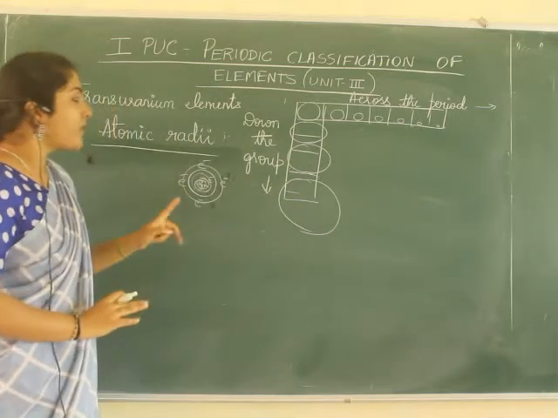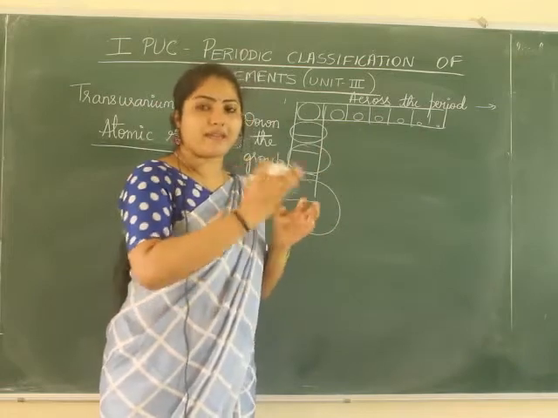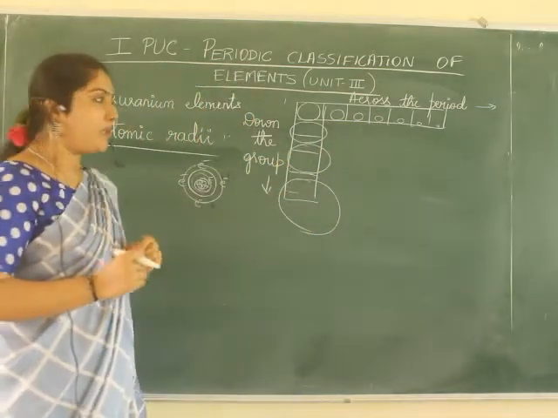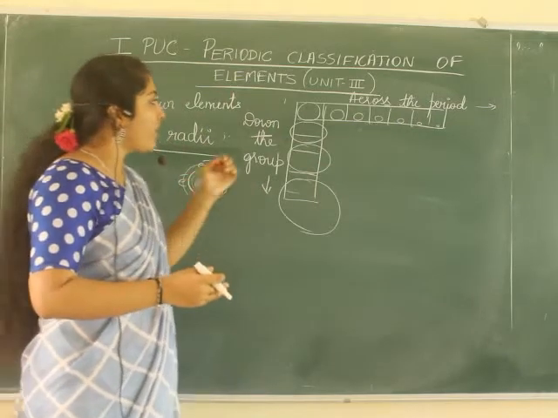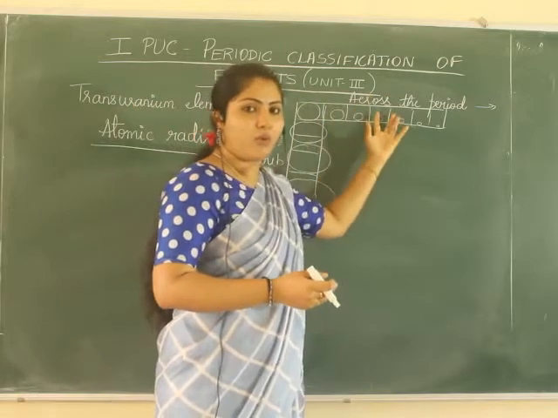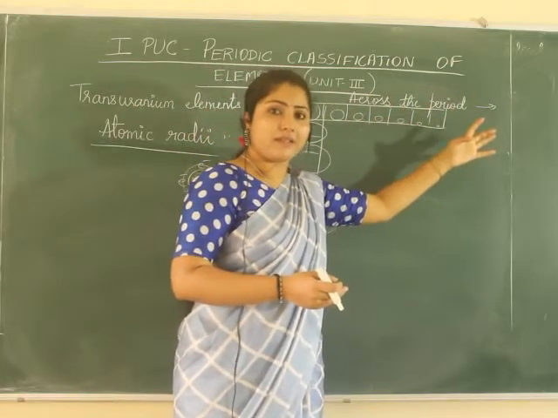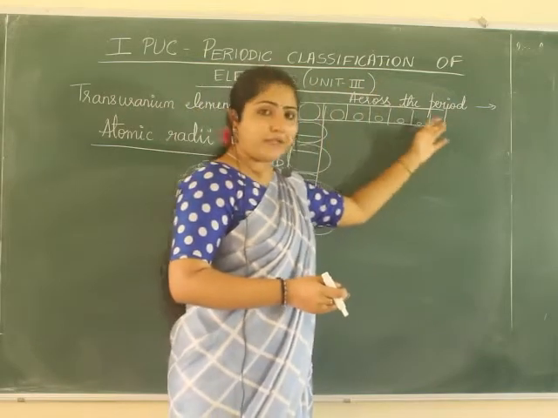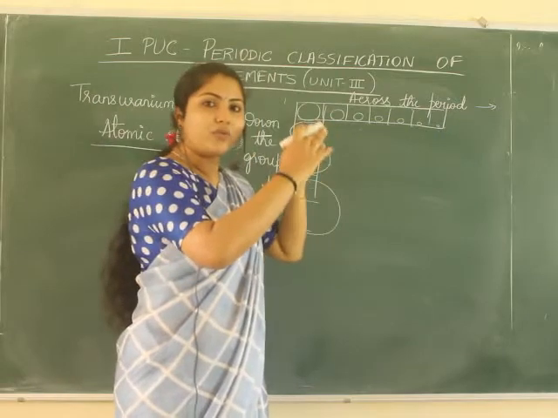Clear now? Okay. So why, as we go across the period, does the size go on decreasing? For example, just open the periodic table and check. You see sodium here, then beryllium, boron, carbon, nitrogen, oxygen, isn't it? Next, fluorine. When you observe all these, the size goes on decreasing.